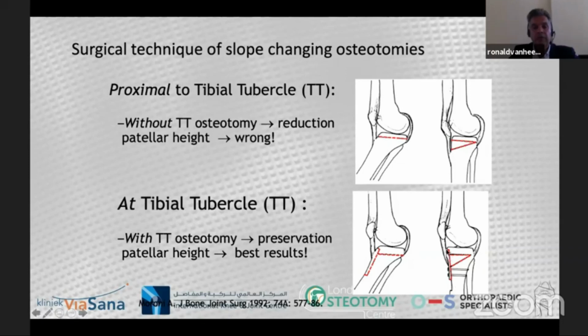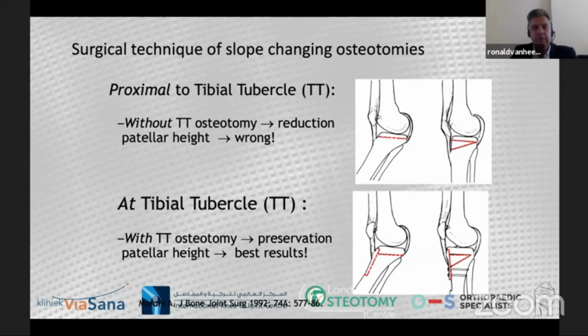I don't want to mess with the extensor apparatus other than replacing the tuberosity back at the exact place where it came from, at the proximal part of that. And only then can I make sure that I'm not giving the patient a new deformity or a new pathology. So I'm not in favor of some of the publications, which are quite recent, on extension osteotomies, slope correction to benefit ACL reconstructions. And these slope corrections are